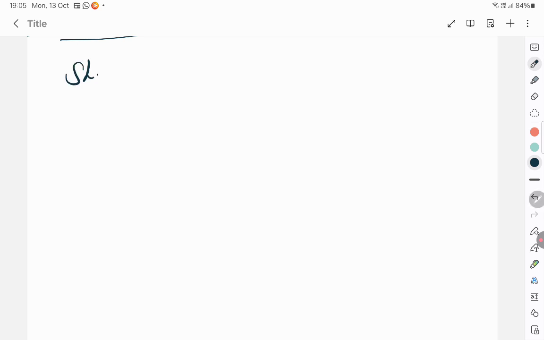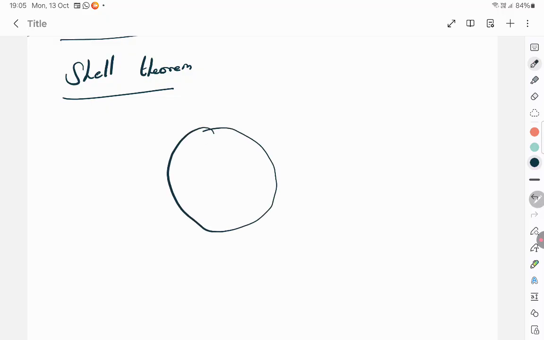Okay, next is shell theorem. Very, very important. The lesson actually starts with shell theorem. You have the earth, which is like a sphere, or any shell also. You can talk about the earth or about any shell. Supposing you're trying to find this, this is a small mass m and this is a capital mass M. There is a separation. This is the center O, and this point mass m is situated at a point P at a distance r from the center. Always the point mass will be situated only at a distance r from the center.